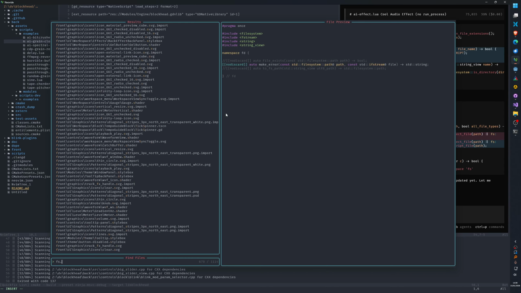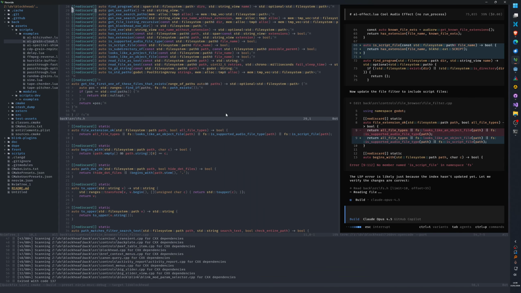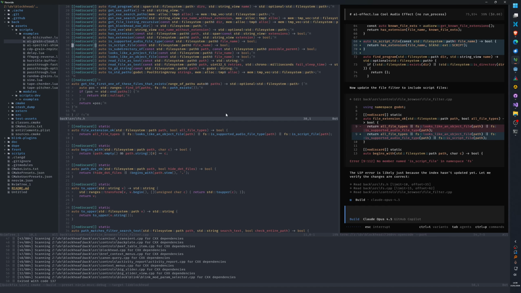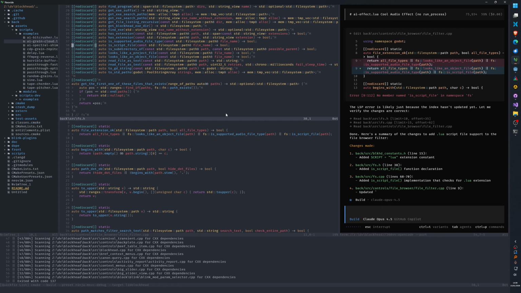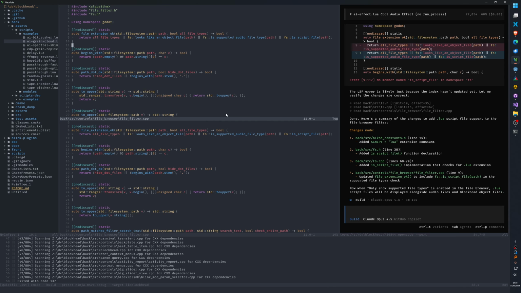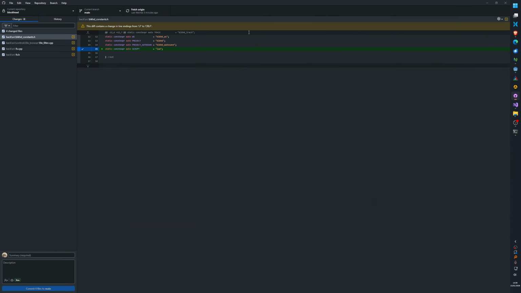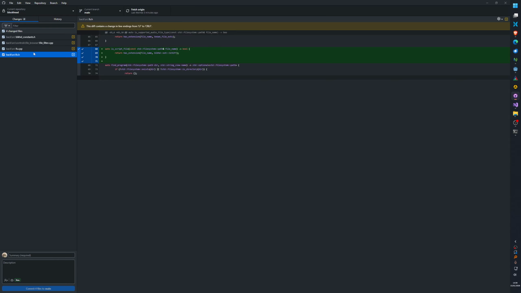Don't I already have a... Oh, maybe not. Oh no, it's a script file. Oh, it's used it. Okay. Right, I can look at the changes here. Oh, it added this. Okay, right.